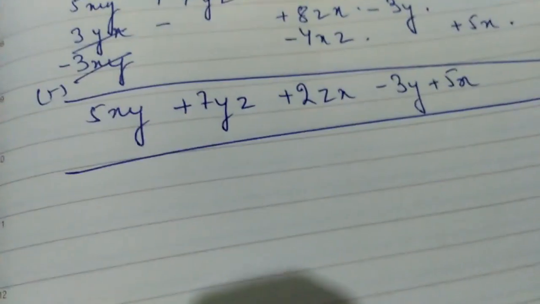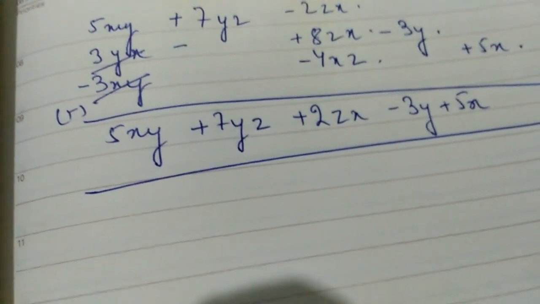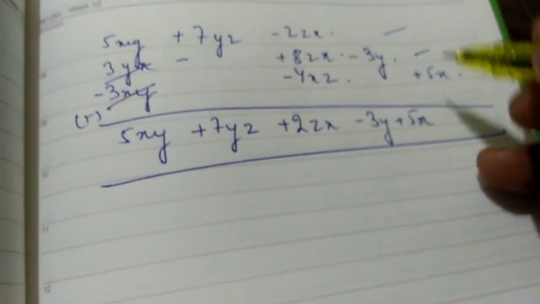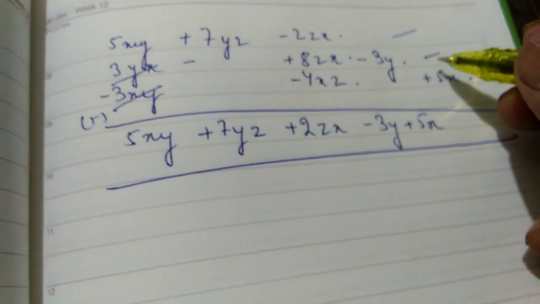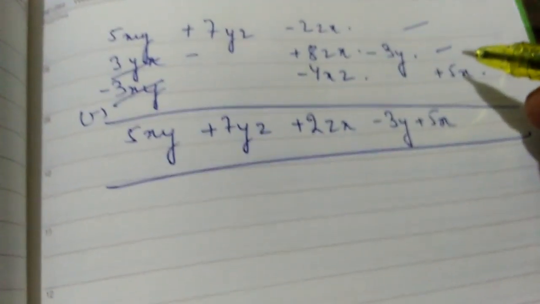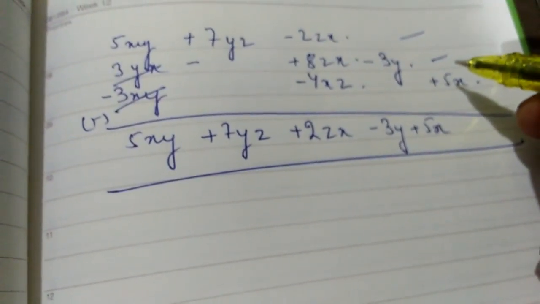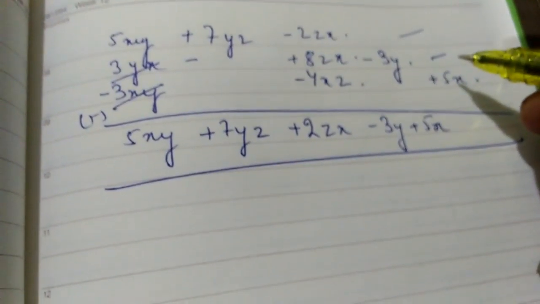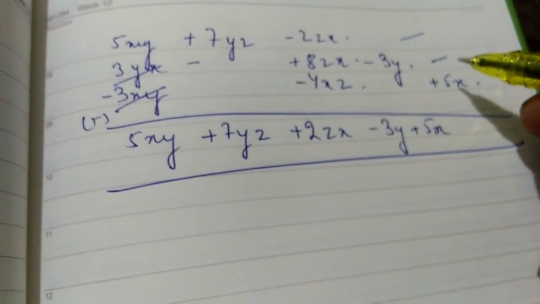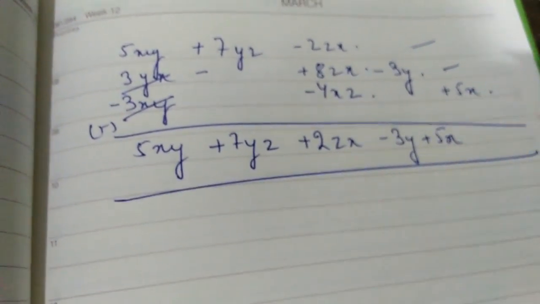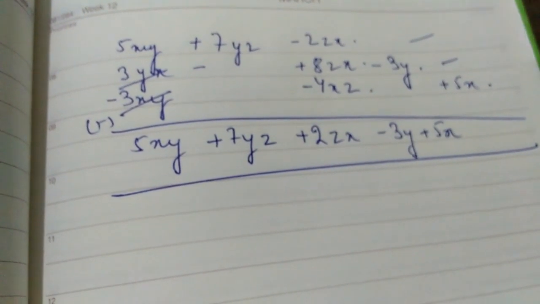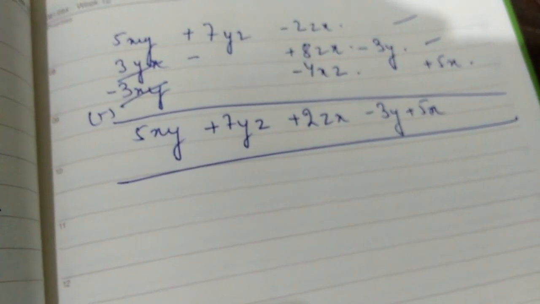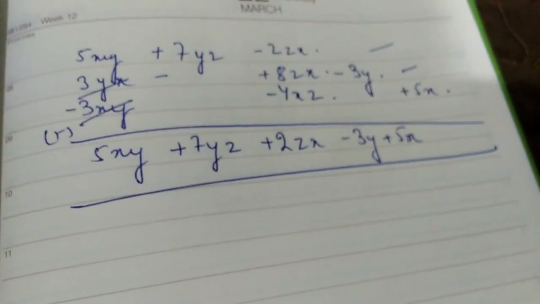For subtraction, you can subtract the second expression from the first expression, and then subtract the third expression from the residual expression. That will be the best way to solve this in case you are asked to subtract these expressions. You will get the answer. That is simple, nothing extremely complex. So we will be moving on.